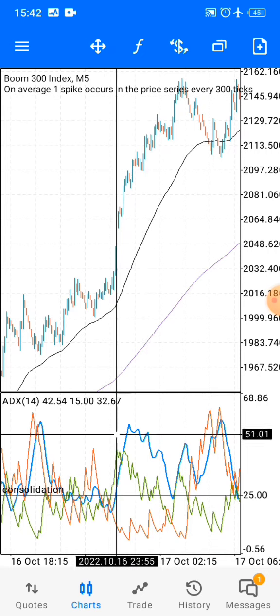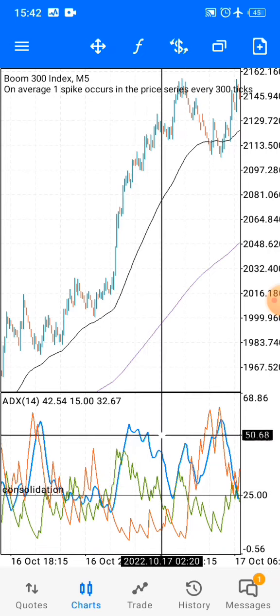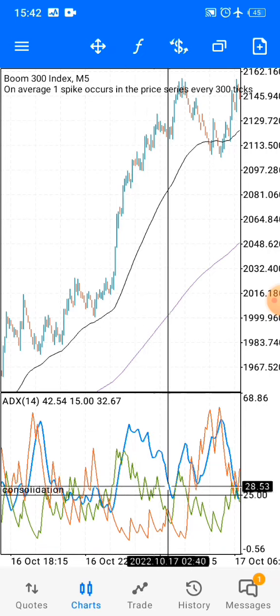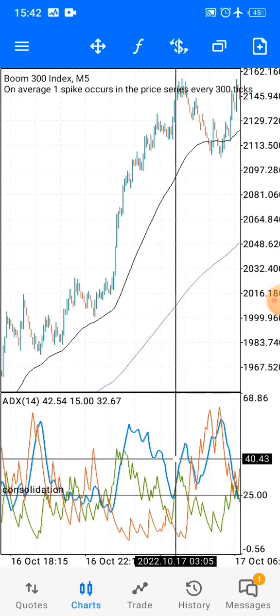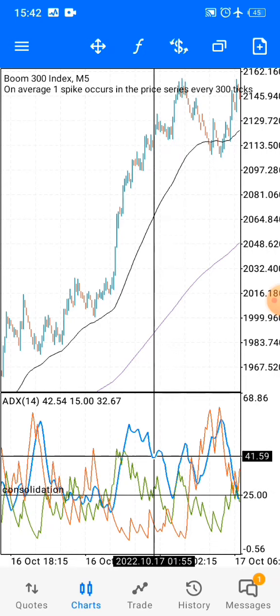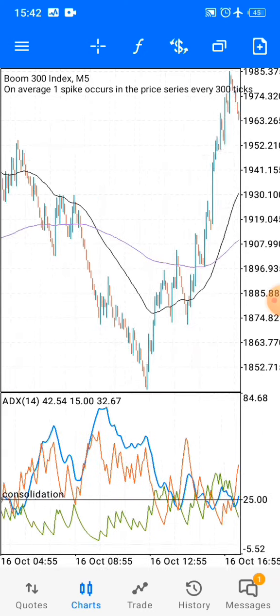But mostly we are not going to be using the green and the red for that. We're only considering the blue line there. So we're only entering if the blue line is above level 25. That's when we look for entries. When do I enter? Okay, so enter when,